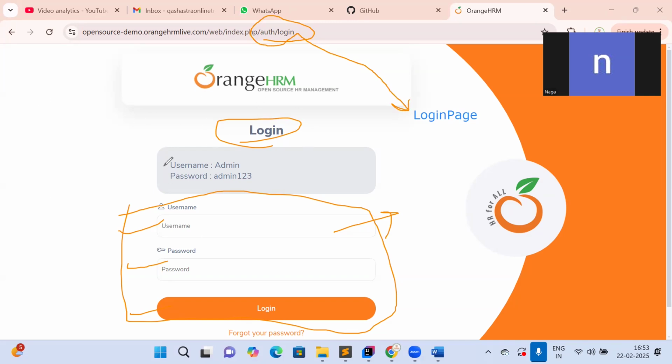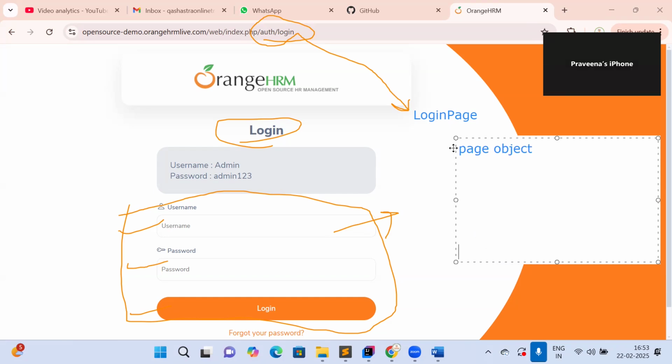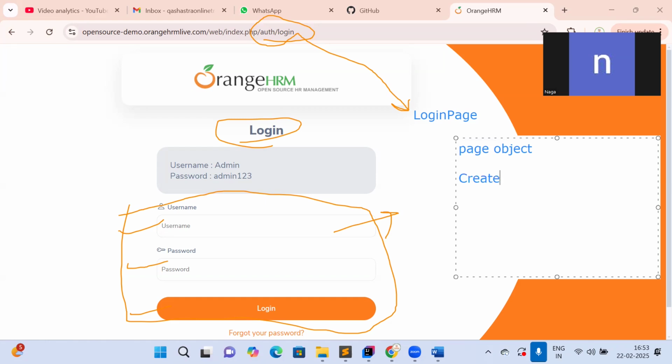So in Java, in the page object model framework, what we are going to do is create